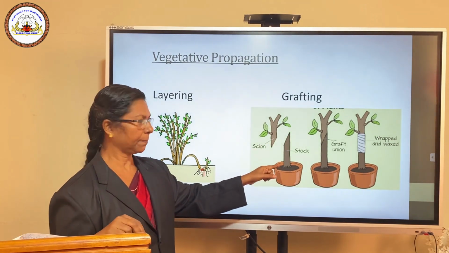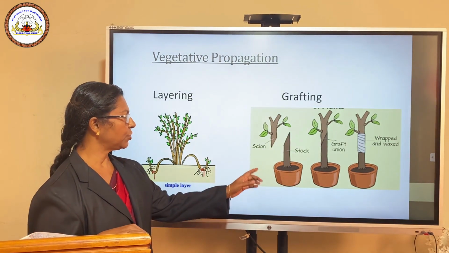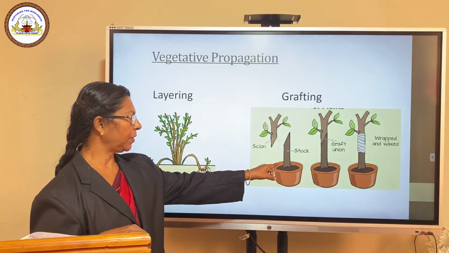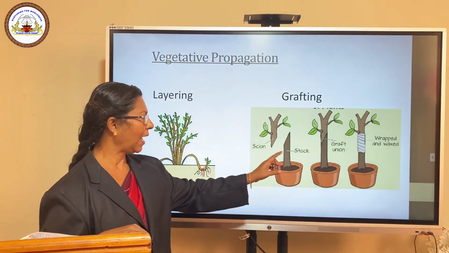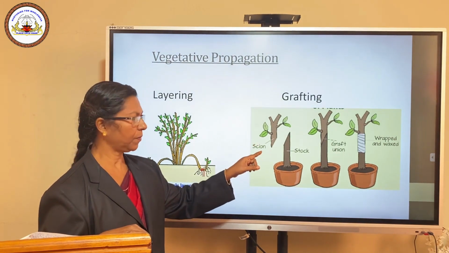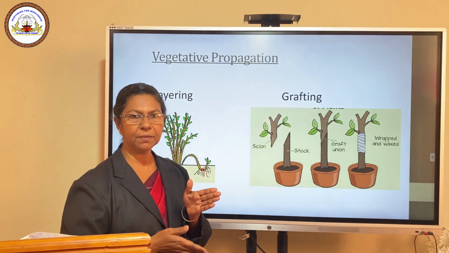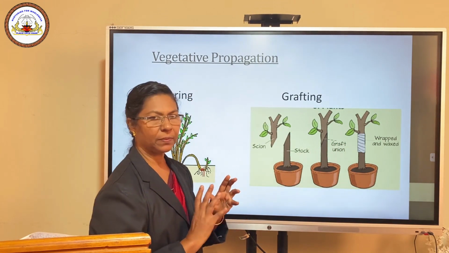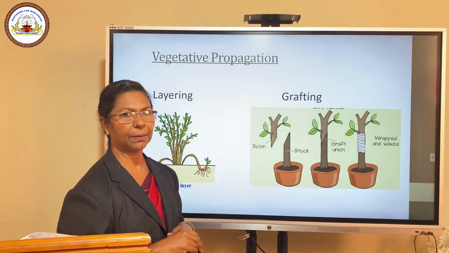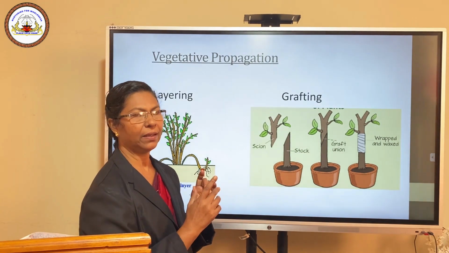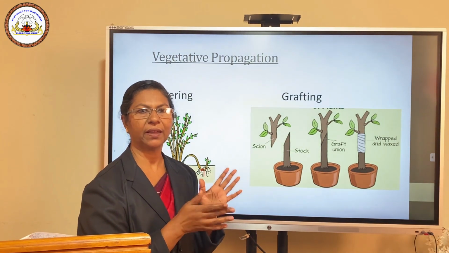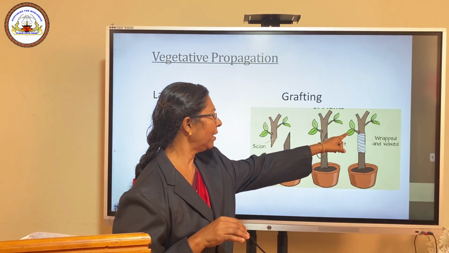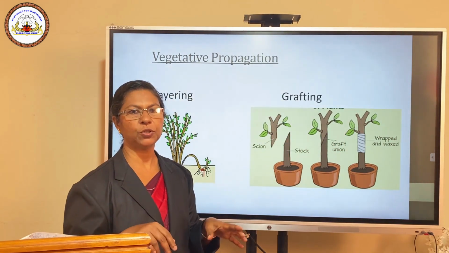Another method is grafting. In grafting, two plants join together and live together as a single plant. There you can see the lower portion of the plant which contains the root, and that is known as the stock, and the grafting portion is known as the scion. These two portions are cut in a slanting position, and we tie them together, and after some days, if we remove that tie, we can see these two plants are joined together. The cambium of the two plants joins together, forming a single plant, and the new plant arises from the grafted one, that is from the scion, and develops into a new plant.